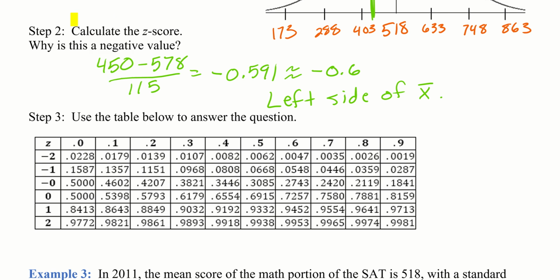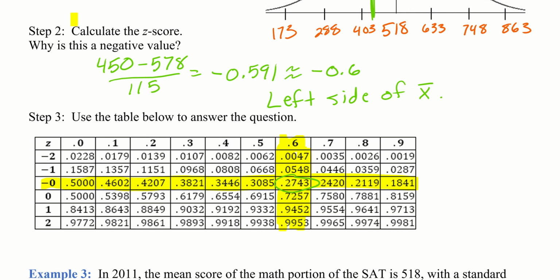For this one, for the ones column, we're looking at negative 0. Sounds goofy, but negative 0 is right here. So that's our row. And then our column's the 0.6. So this is our column right there. Where do the two intersect? And they intersect right here at